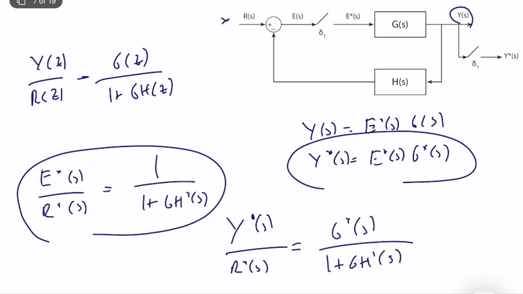So what does it mean? It means that in order to compute the transfer function between Y and R, you need to separately discretize G of s, which means that you need to compute g of t, g of k, and G of z. It's for the numerator. But for the denominator, you need to combine G and H,